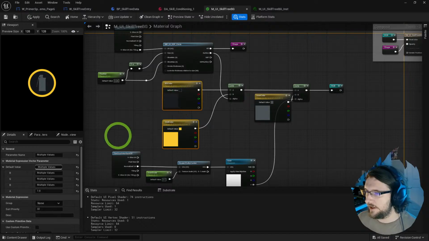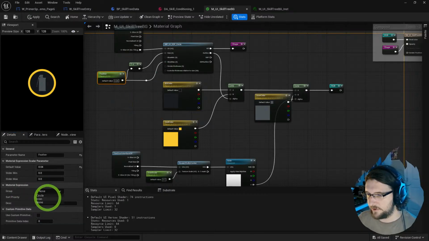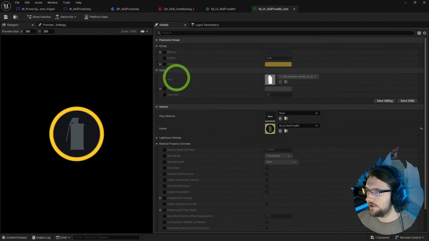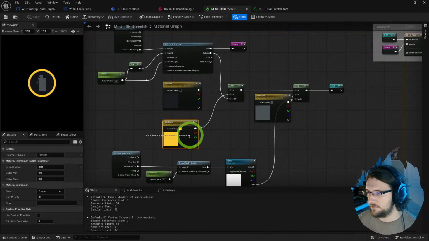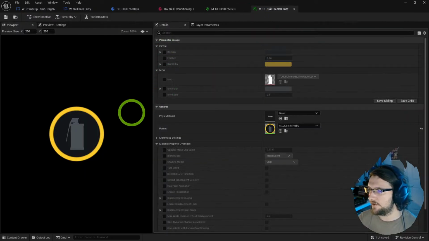Yep. And then let's call this circle. This is what it's for. The feather is also for the circle. Compile that. So now we've got circle and icon. These are nicely laid out. You can organize them with the sort priority if you want to order these, but this is fine for now